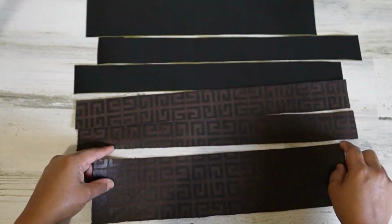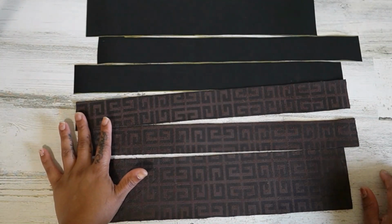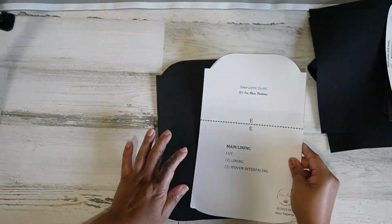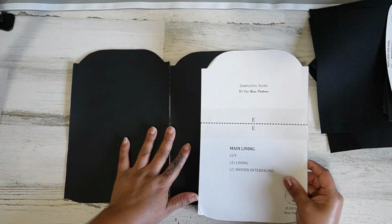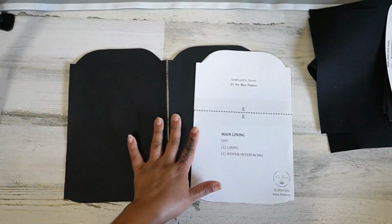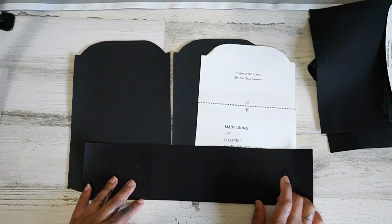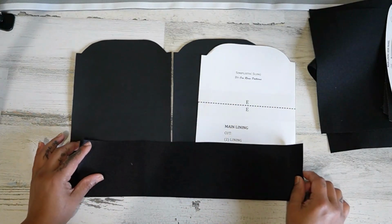I mimicked that same thing in my lining material. I am using waterproof canvas for my lining, so I will not be interfacing my lining. For my main lining, the 2 bigger pieces, I'm actually using, what am I doing? I'm tripping. For my main panel pieces and for my gusset piece, I'm actually going to be using vinyl. I don't know why I cut this out in waterproof, but I'm going to recut this out in vinyl